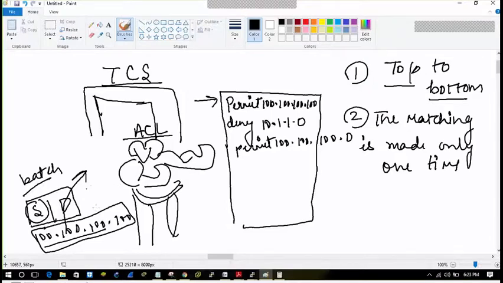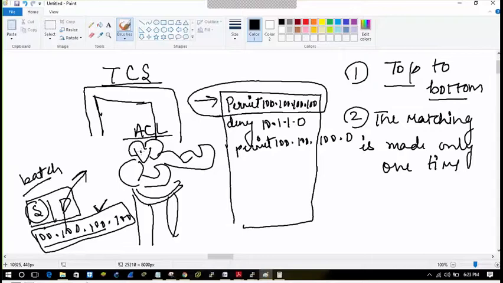Now, for example, the guard will match it. So now this is matched, and it will not match with the other entries.